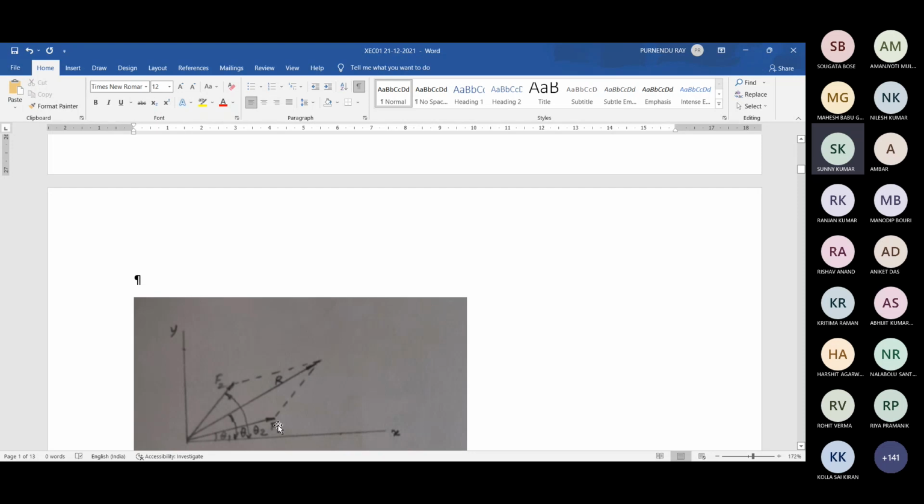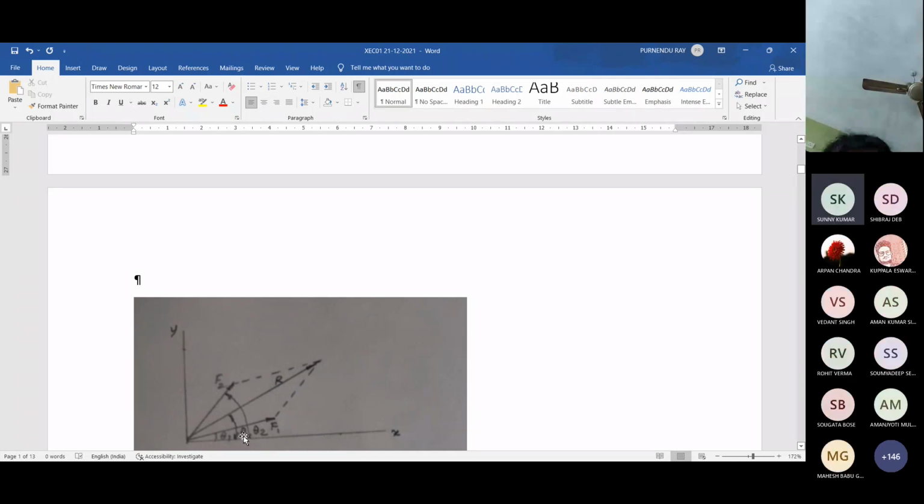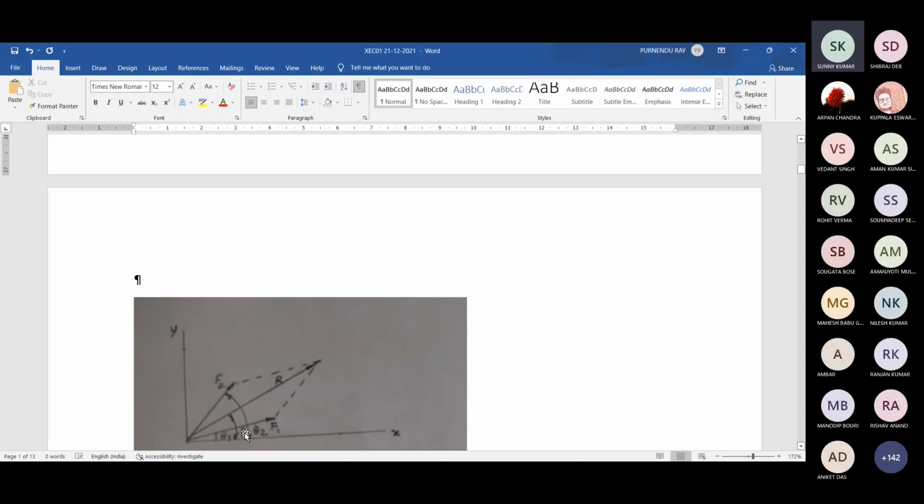Definitely, you know that thing: R squared is F1 squared plus F2 squared plus twice F1 F2 multiplied by cosine of the angle, that is θ2 minus θ1. And what about the angle made by R with this force F1, that is θ minus θ1? Tangent of θ minus θ1 is F2 sine(θ2 minus θ1) divided by F1 plus F2 cosine(θ2 minus θ1). Anyway,